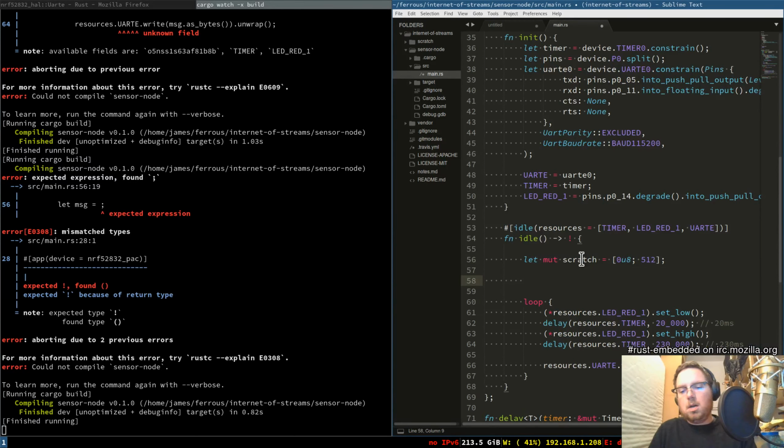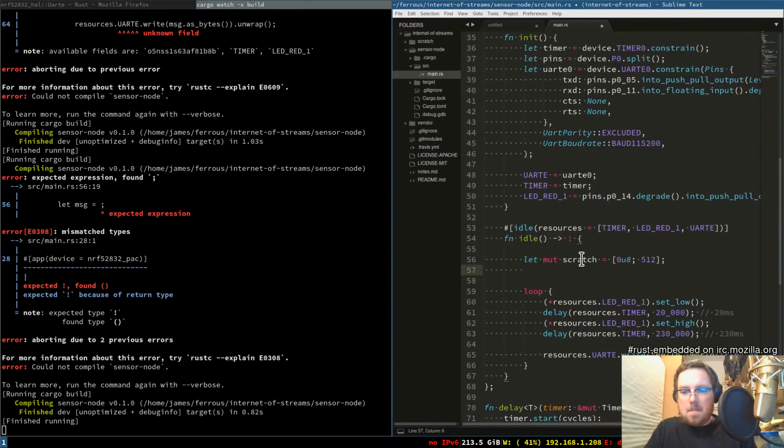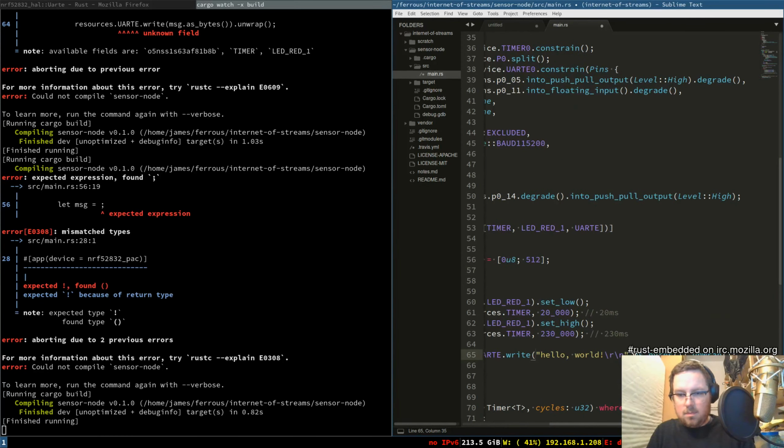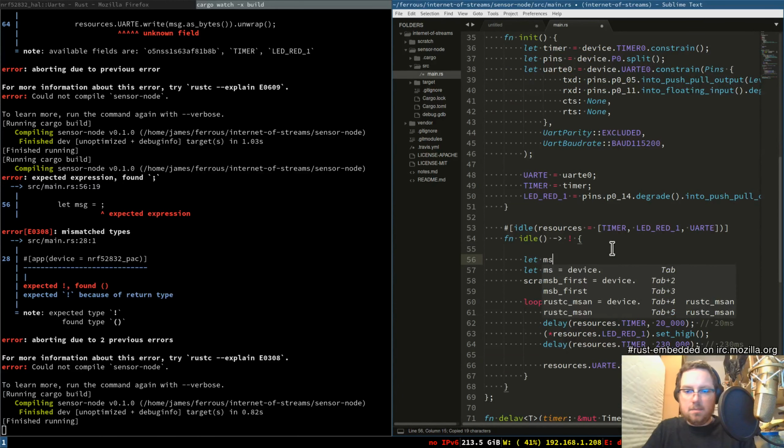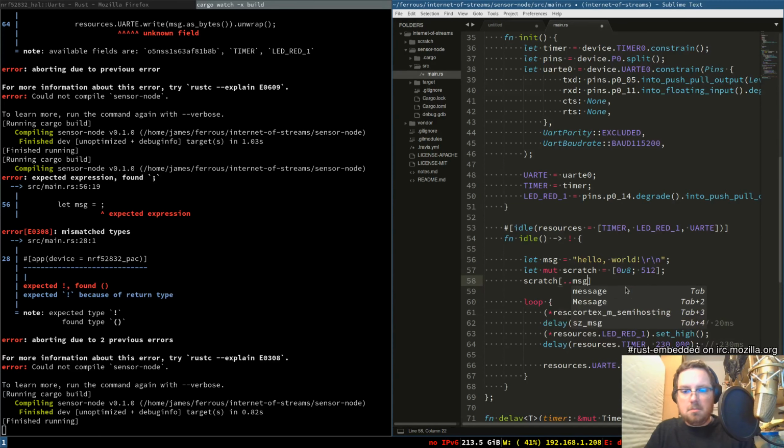So we're going to do a scratch, let message equals this. We're going to do this equals message dot len. So we're going to take the length of this dot copy from slice